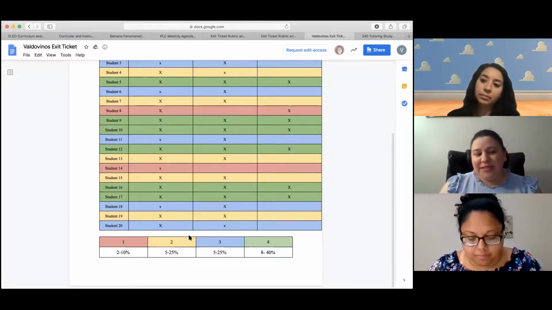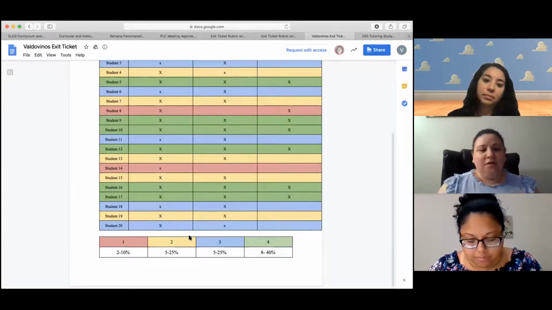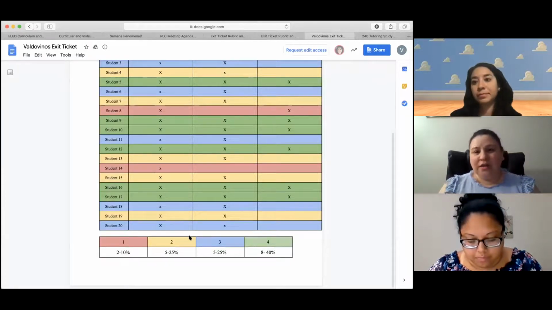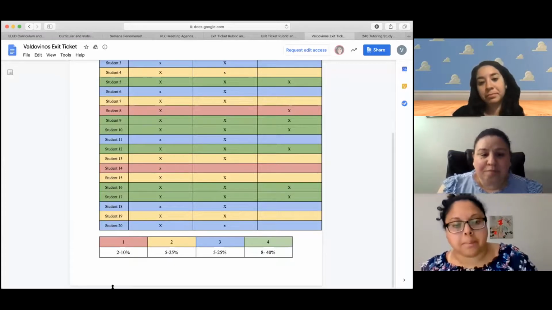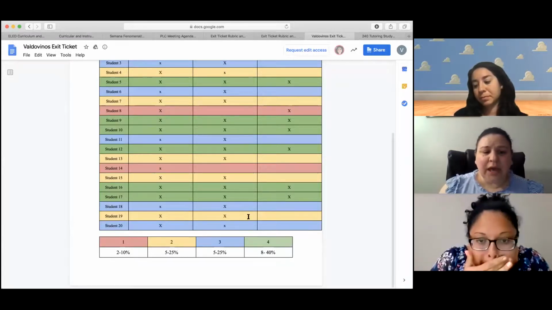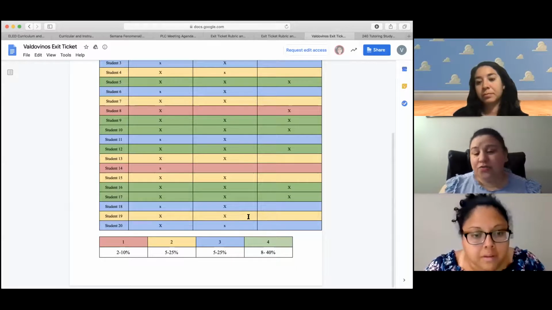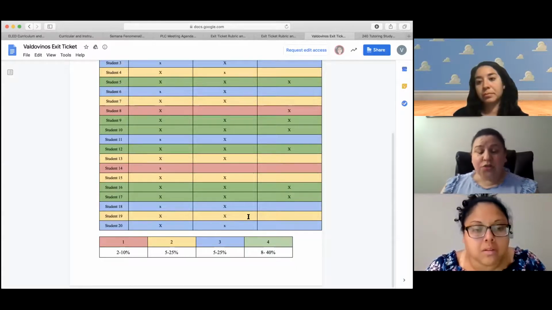So I know that my exit ticket was very simple. Again, not really rigorous enough, not star level rigor. It was just taking apart the number and adding it together. But I wanted to be sure that their foundation was there so we could keep going to the next step in our unit. And on mine, I had 2 students who just did not attempt to take apart